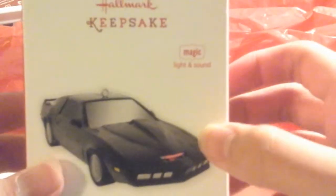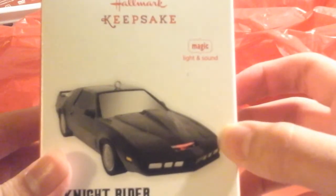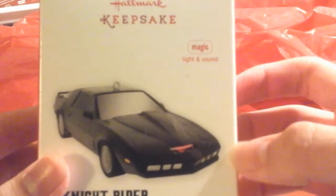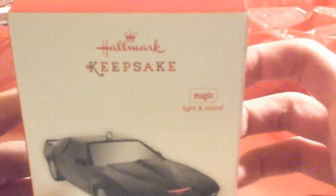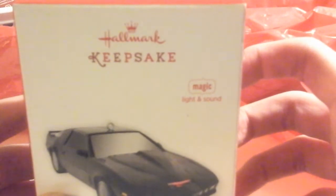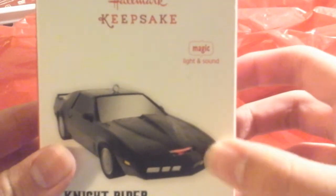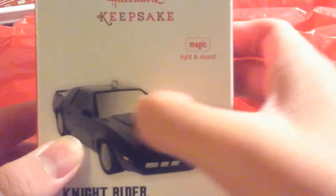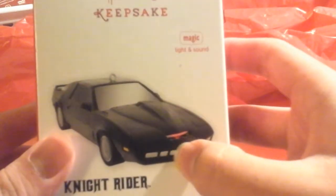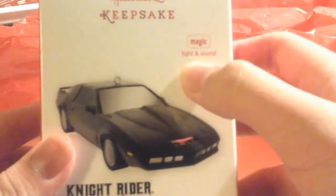KITT can actually balance on 2 wheels. He can jump. He can float on water. He's bulletproof, and he can turn himself into a convertible, and he can go up to, I think, more than 300 miles per hour. And also it talks. And what I mean by talk is that I'm not talking about like he has eyes and a mouth like Lightning McQueen. This is actually kind of a car and a robot. So yeah,